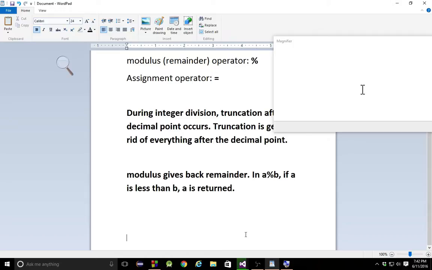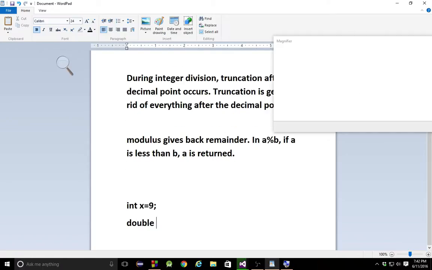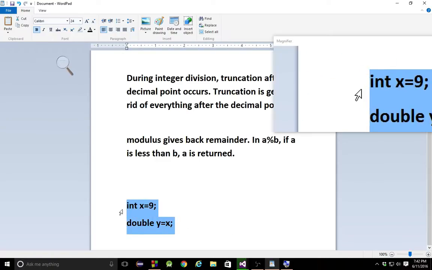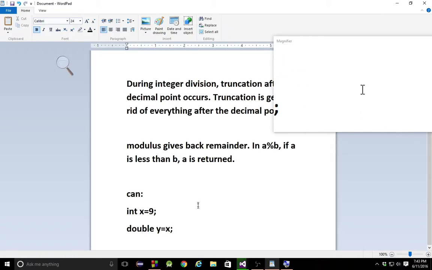In Java or C++, you can assign an integer, say int x equals 9, to a double y equals x. This you can do. But what you can't do in Java that you can do in C++